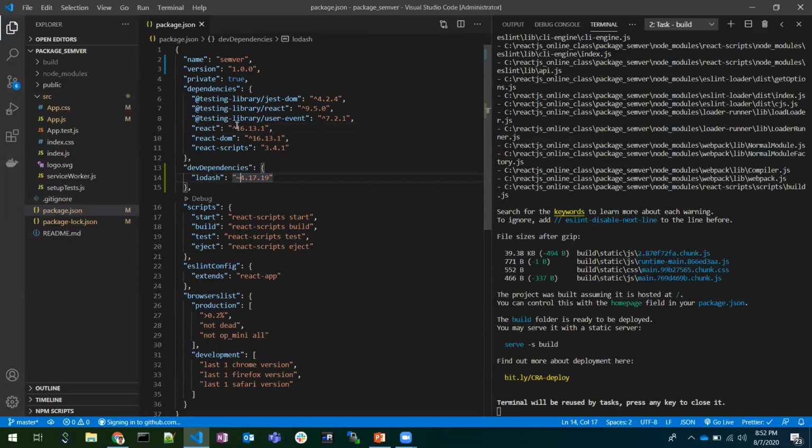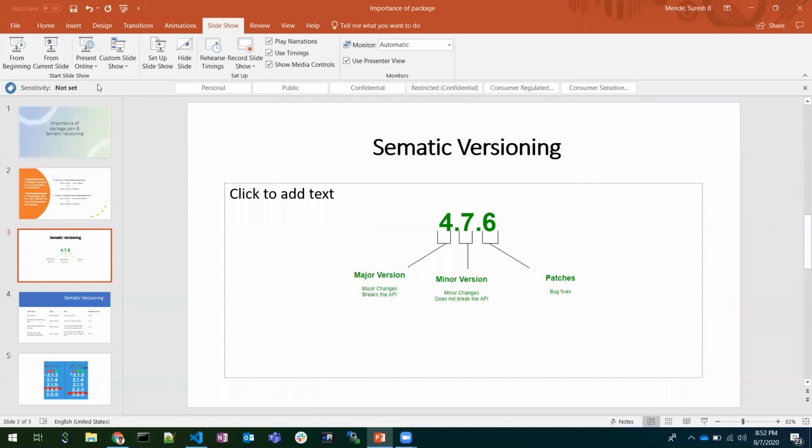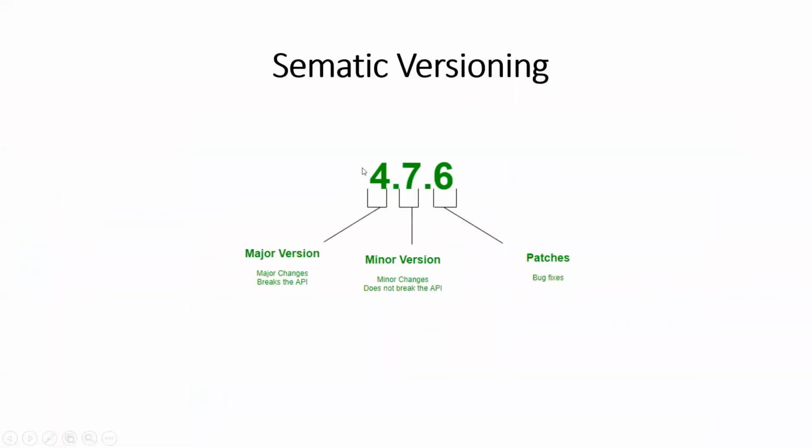So let's understand what these versions are. These versions are called semantic versioning. Any package needs a version, defined in this manner. Any package should have a major version dot minor version dot patch.